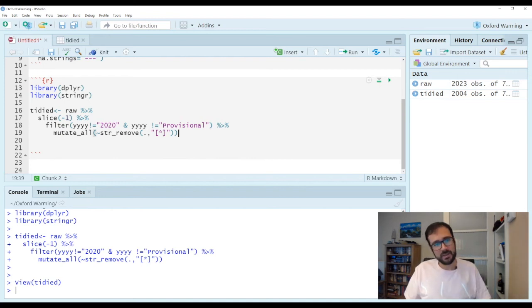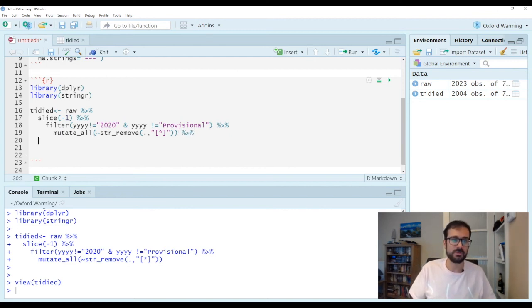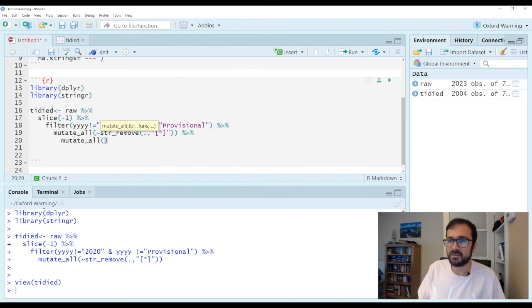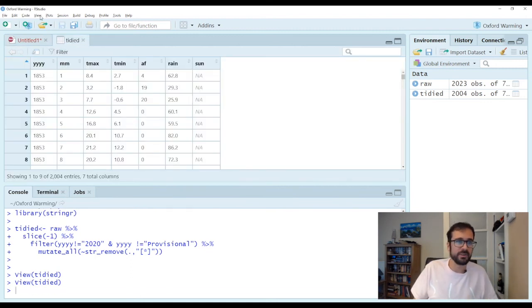Okay, final step is, as I've mentioned, because of the way it read in the data, where it was all a bit strange with the formatting, it's still treating everything as a character. So I'm going to use another mutate_all to convert everything to be a number. In this data, I think it's valid to say all of these could be treated as numeric columns.